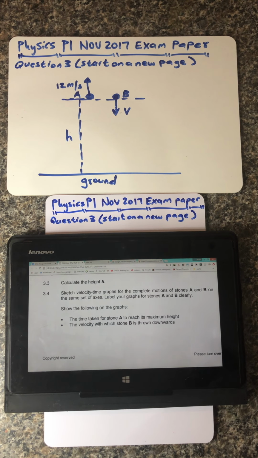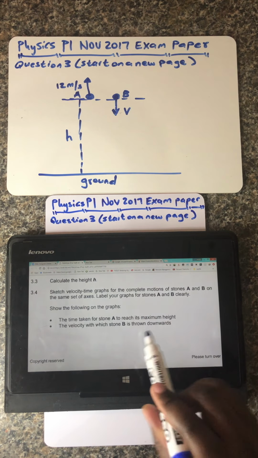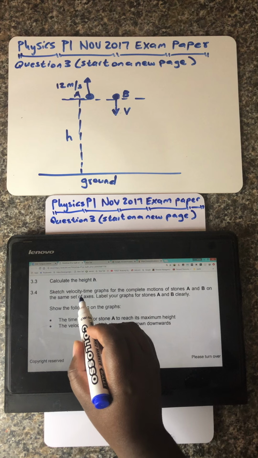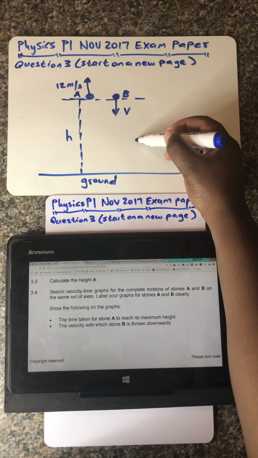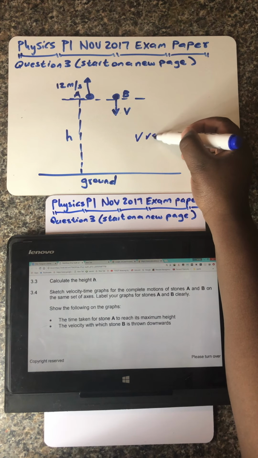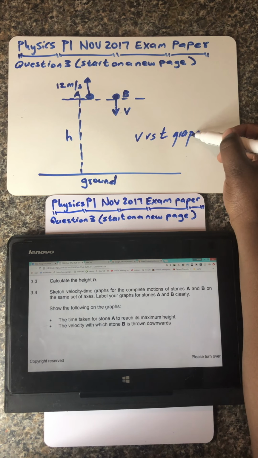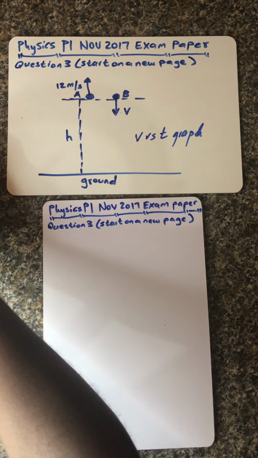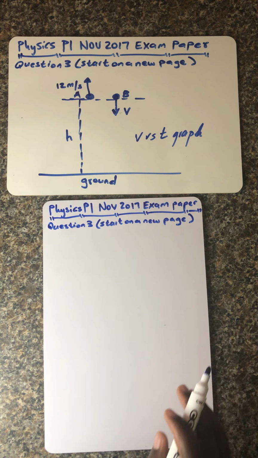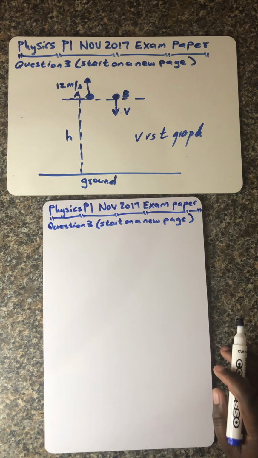downwards. So guys, for this question, the key here is that you are requested to sketch a velocity versus time graph. Okay, so it's a velocity versus time graph. So you are given your set of axes. So let's quickly solve this question, guys. It's one of those interesting questions that you should at all times